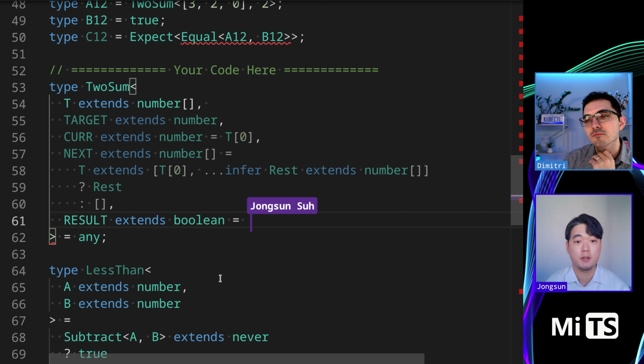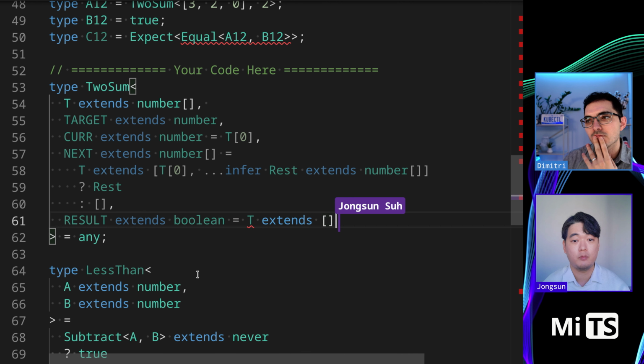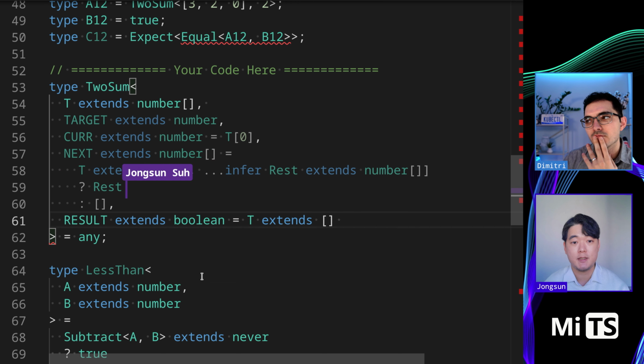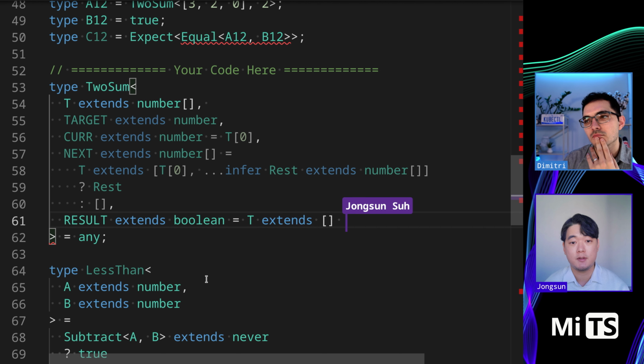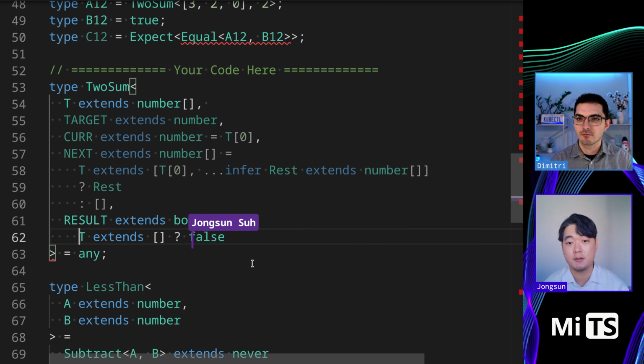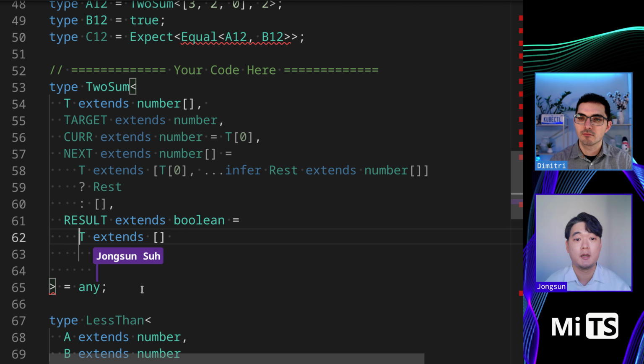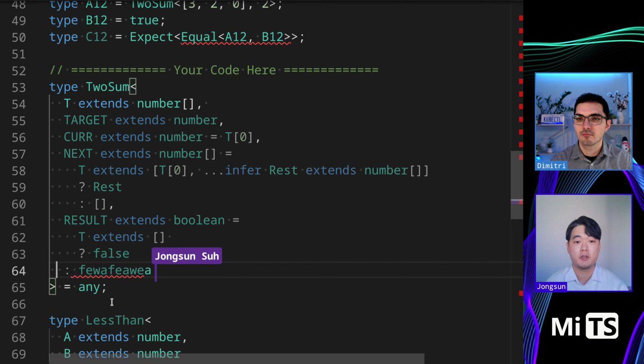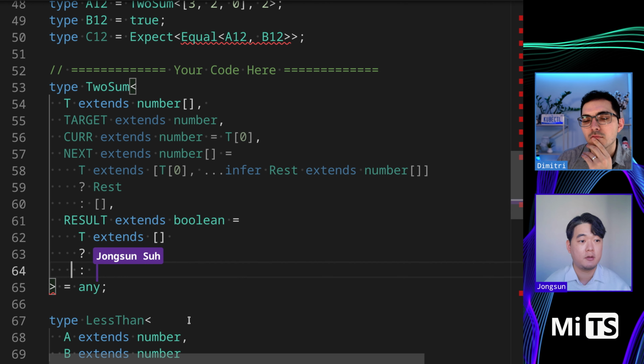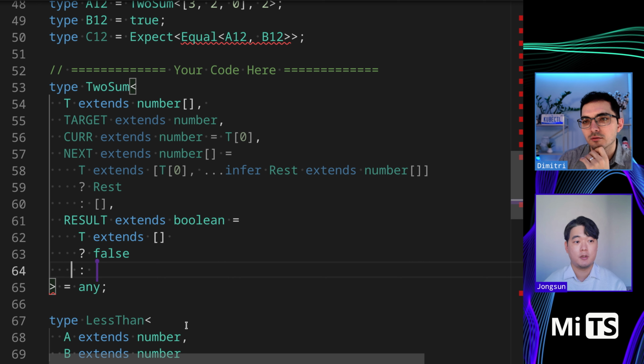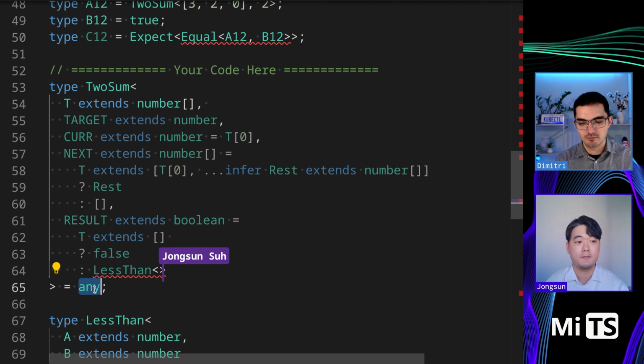and I think we're ready for the final boolean, which we're going to return at the end. So yeah, the base case is going to be we do a lot of the shift operations and return an empty array finally, and that gets passed into T. So that's the base case here. If that happens, that means we haven't found a candidate, a matching number that equals target minus cur. So we're going to return false, because if we find it, we're going to return somewhere in the other branch. So another base case that we can consider is if